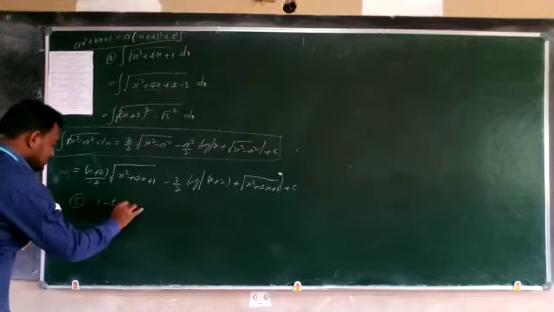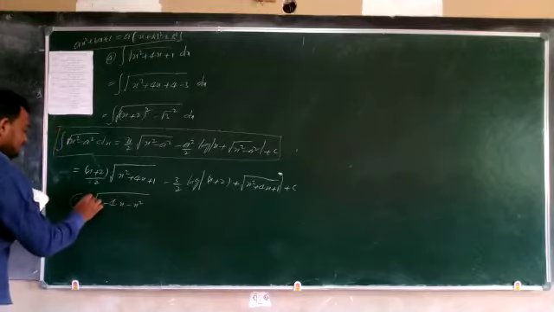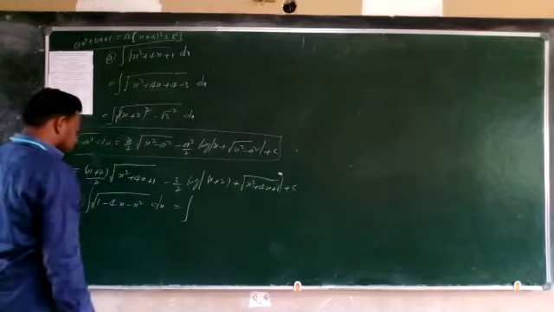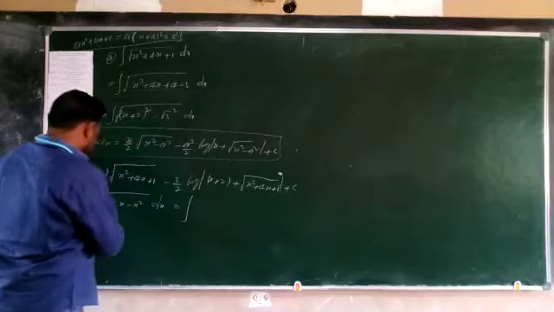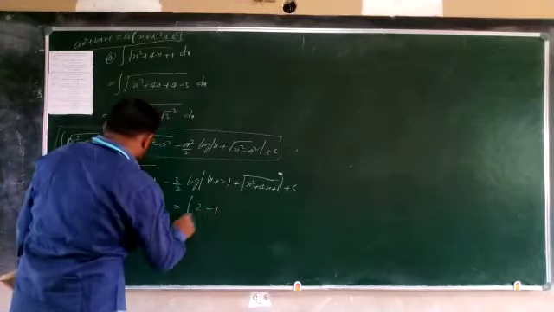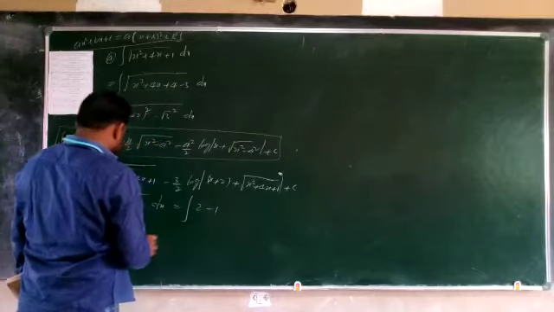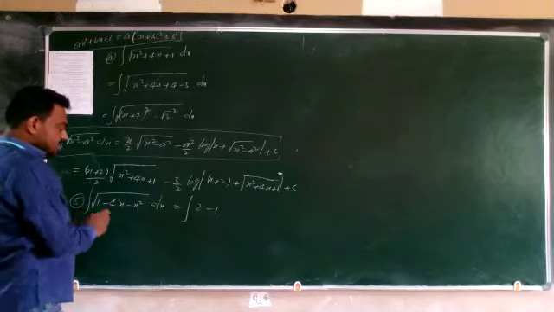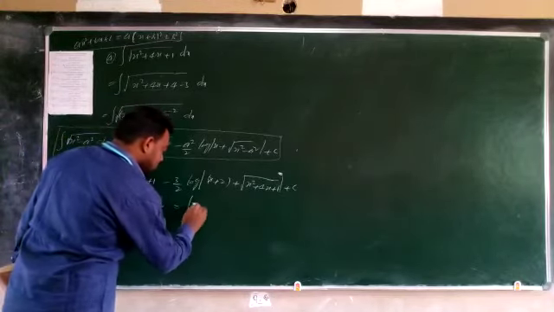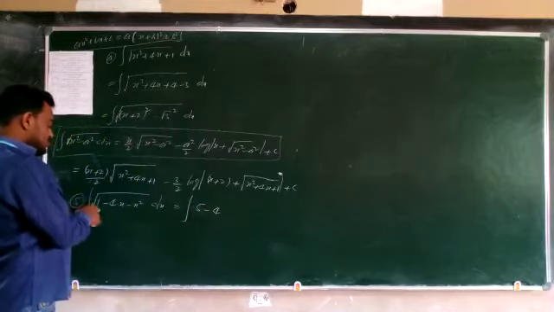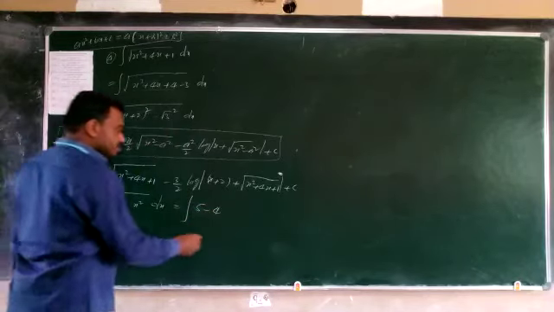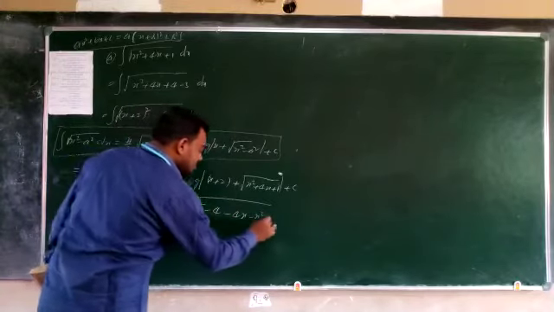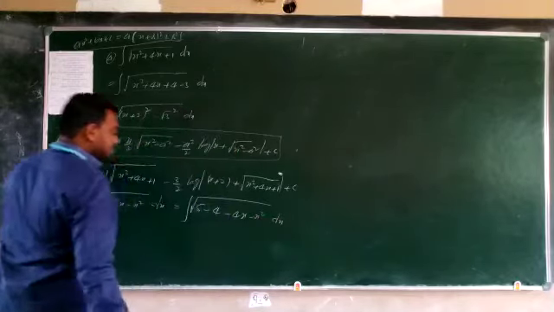1 minus 4x minus x² under root. So the integral we are finding. So this is equal to, I am writing, the integration of 2 minus 1, 2 minus 1 is equal to 1. 2 minus 2x² minus 4x + 4. 5 minus 4 is equal to 1, I am writing. Why am I writing this one? By converting into the form a(x + alpha)² plus beta².